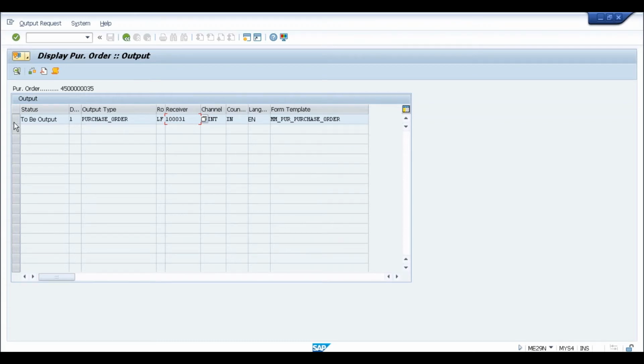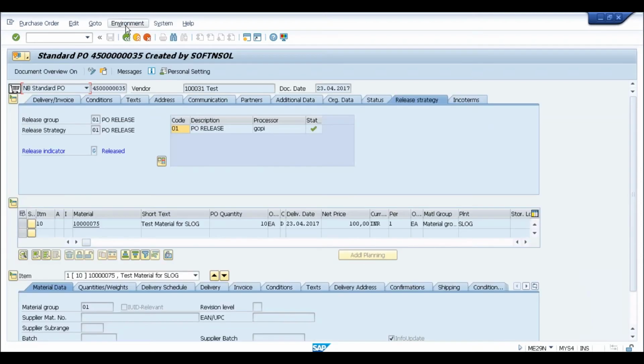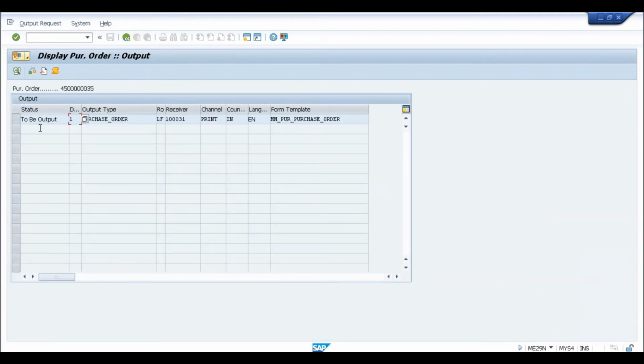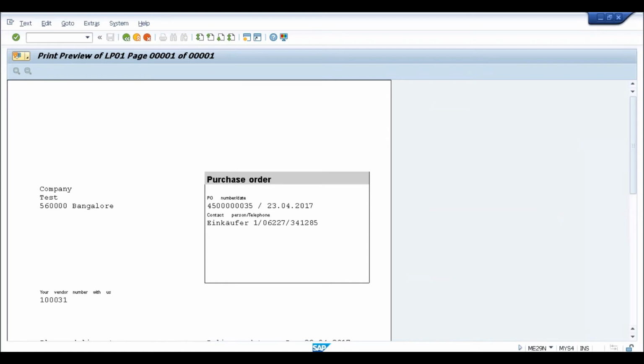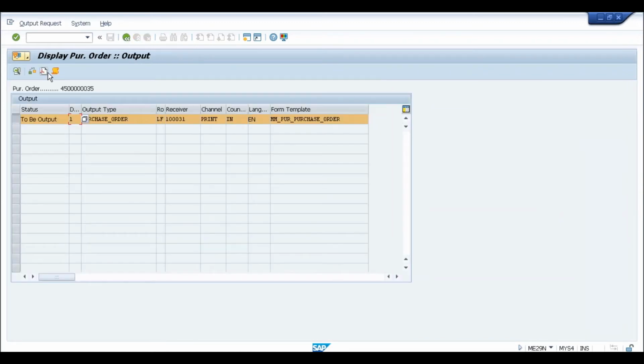Now, another important thing: earlier in ECC, if you wanted to see the print preview, normally it was available here under go to, print preview. But in the new output determination, you will always find that this print preview will not work. Okay, then how are you going to see the preview? For preview, you need to go to messages, click here and click on this PDF. It will show you the print preview. Okay, this particular thing, the preview from PDF, was not available in ECC.